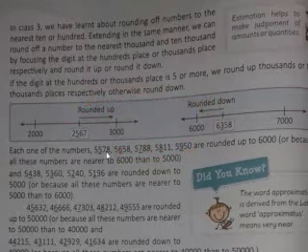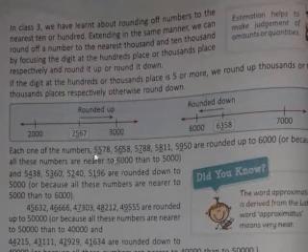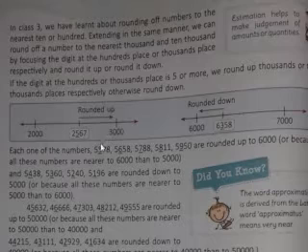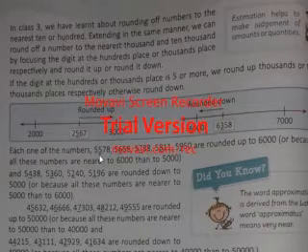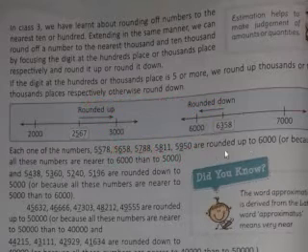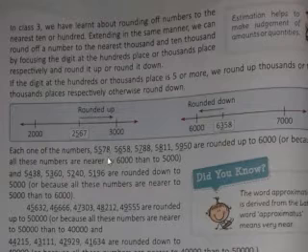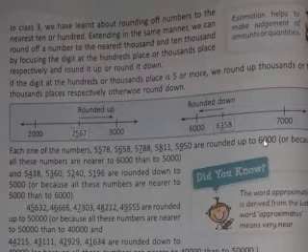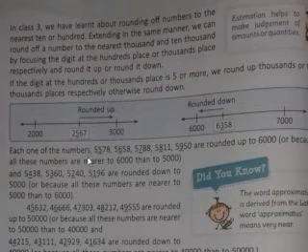Each one of the numbers over here, you can see 5578. This is rounded up to 1000, so under this the hundreds digit is underlined. This is also rounded up to thousands. If we are checking the hundreds digit, that means we are rounding to the thousand. If you look here, it has been shown rounded up to 6,000. This means when we round this up, it becomes 6,000. This is the highest place value.